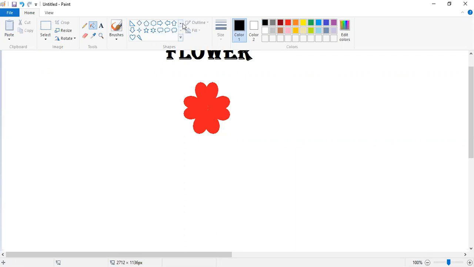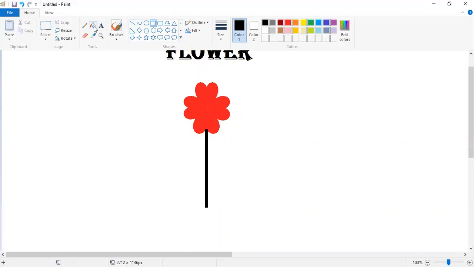Then I will select another shape like this shape. Like this.